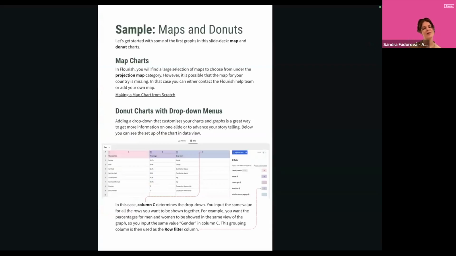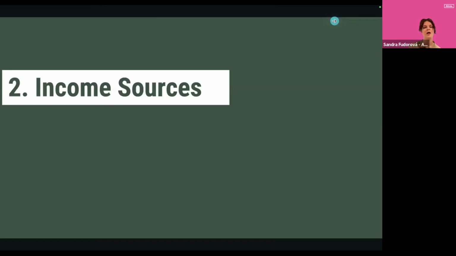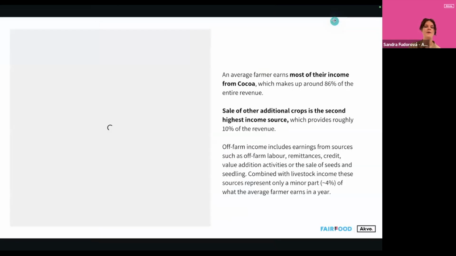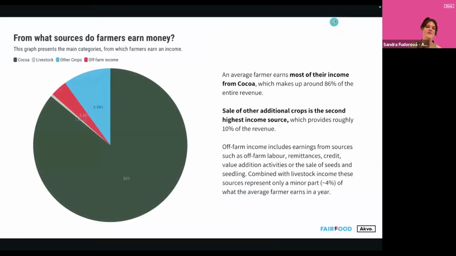What we are using to make the graphs is Flourish, which is a free platform that anyone can make an account on and get to working. There is no coding knowledge necessary. You just input your data. And the slide deck gives you very practical examples to tell you exactly how to get to the graphs that we have arrived at, as well as Flourish themselves providing a lot of additional information and resources for you to browse through. So there are a lot of options,